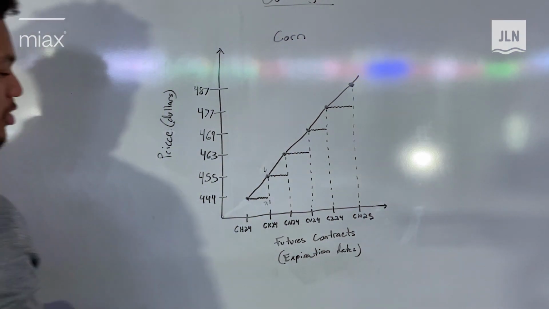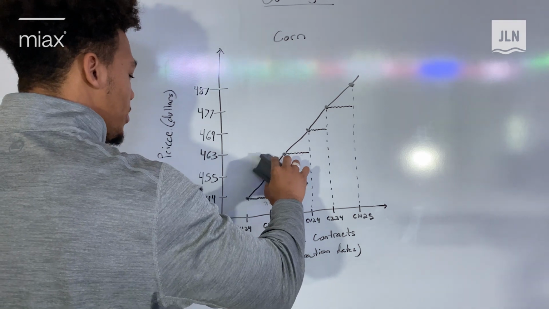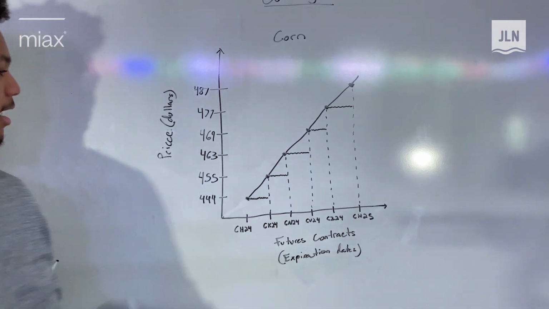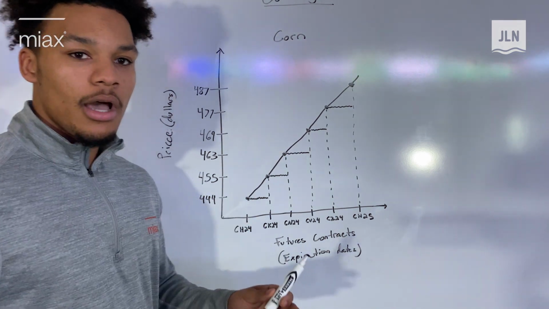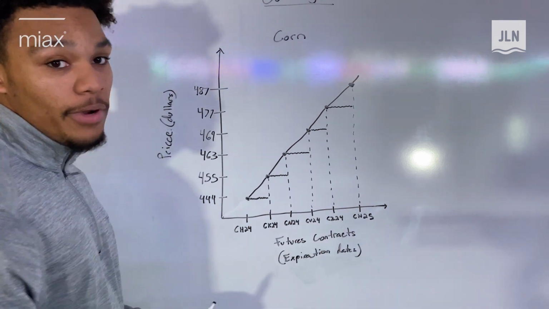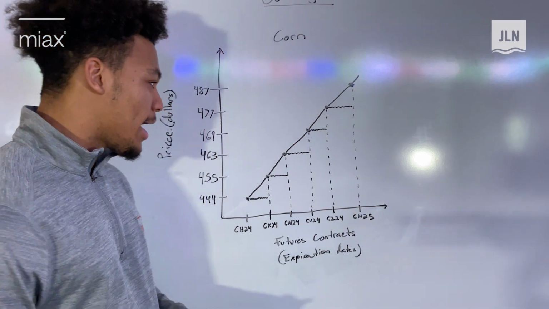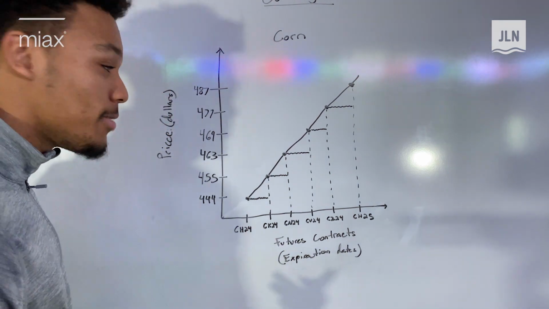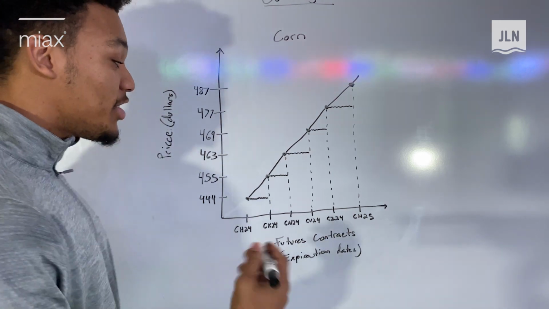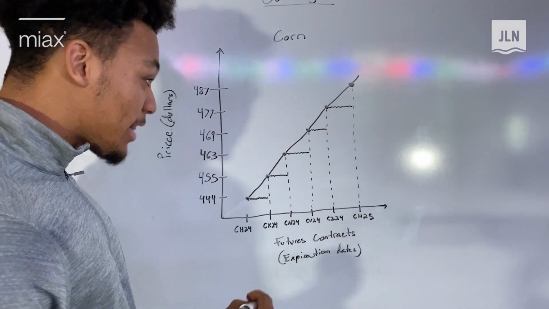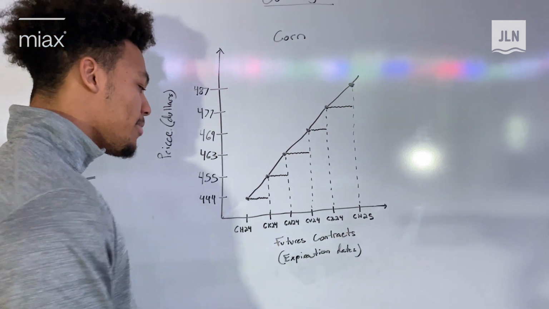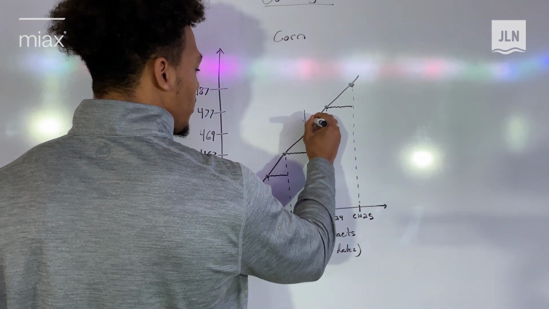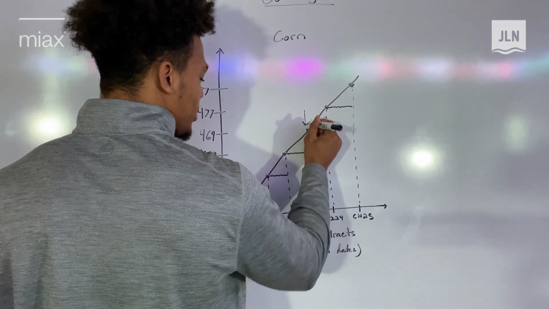Now, there are other ways to be in this market. If you're a trader or an investor, you can do something called spread trading. And so let's say, well, I'm not really worried about the price of corn as much. I'm more interested in the cost of carry just from an investor standpoint. I'm not going to hold on to the grain myself. I'm not a merchant or a producer, but I do have thoughts about what the cost of carry is going to do. And so let's say I inherently thought that the cost of carry was overpriced. It was selling at a premium. Well, what I could do is buy this front month and sell this back month right here. This one's far out, but let's just say it's pretty far out.